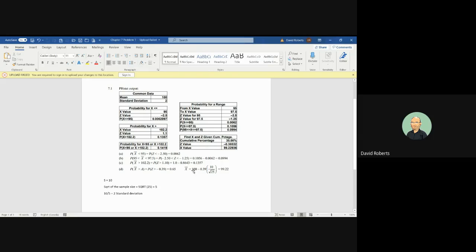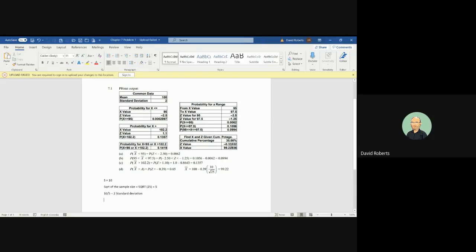So in this particular case, you rearrange the formula. So you have X bar on the left, and you take the z-score of 0.39, which is a 0.65 as far as your probability, or 65%. You multiply that by the standard deviation and you subtract it from 100. Or as you can see in the PHstat printout, which again we'll do in Excel, you actually put in the 35% because we have